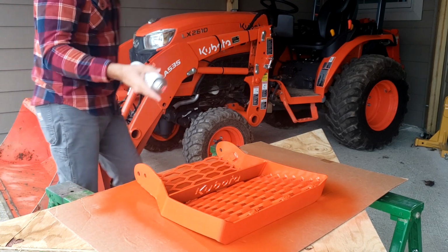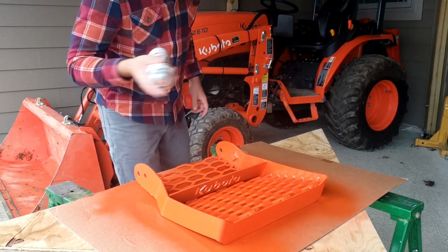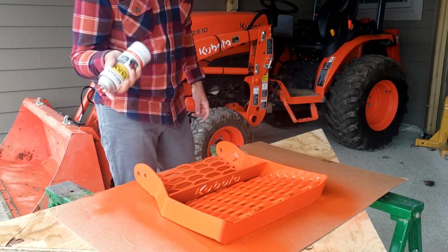I did end up getting 2 cans of this because I didn't want to be short. I think one will be more than sufficient, but